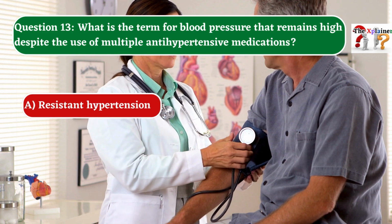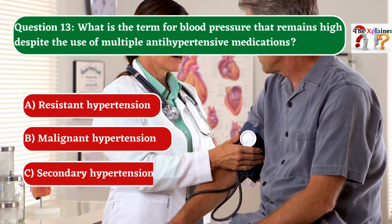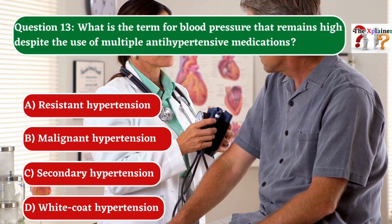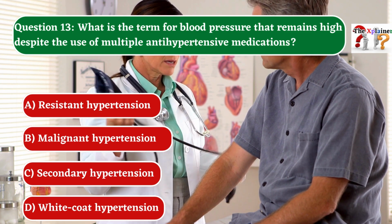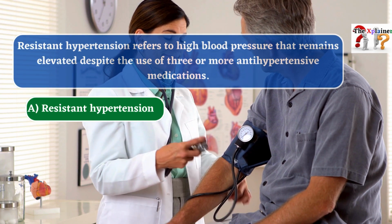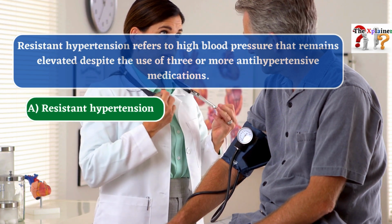Is it A. resistant hypertension, B. malignant hypertension, C. secondary hypertension, D. white coat hypertension? The correct answer is A. resistant hypertension. Resistant hypertension refers to high blood pressure that remains elevated despite the use of 3 or more antihypertensive